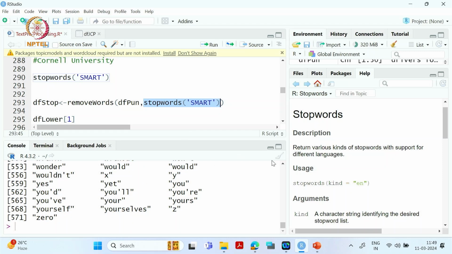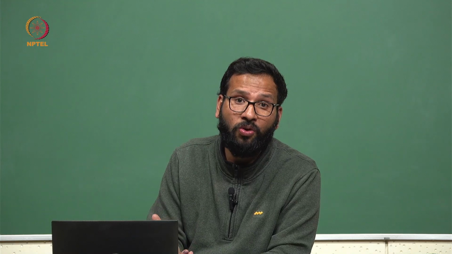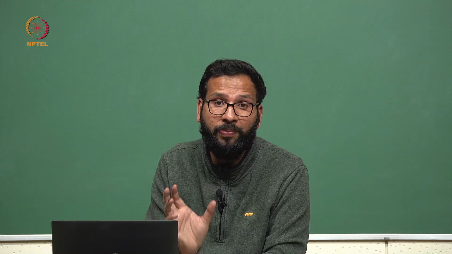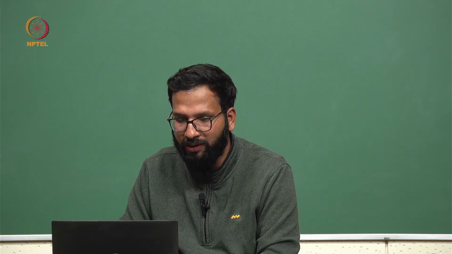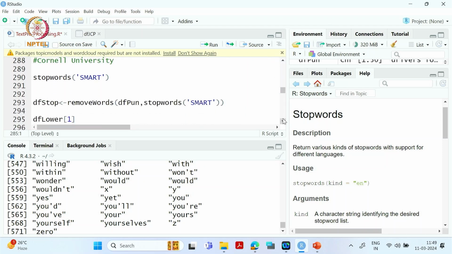This stopwords smart has a much higher list of stop words compared to simply running the other function. That is why we are using the smart stop word list. So if I run this,